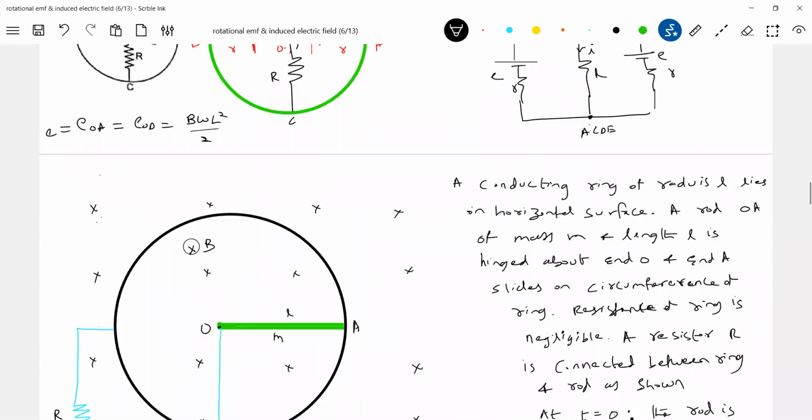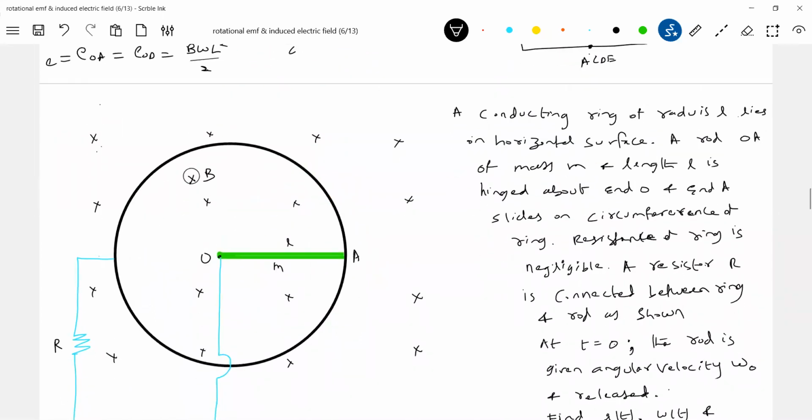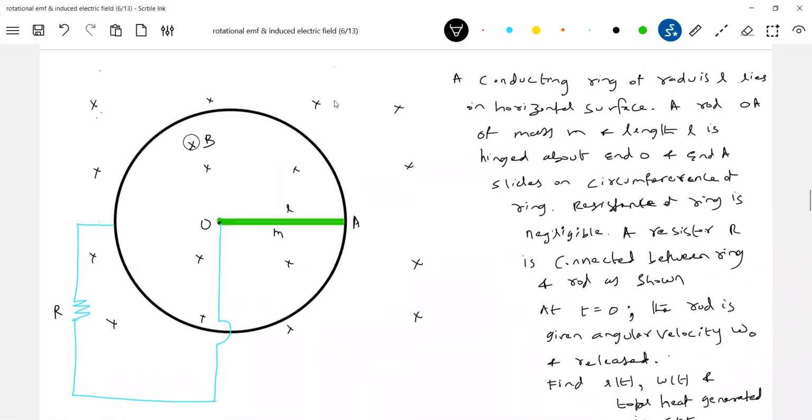Okay, now let's go for the next part of these applications. Similar to motional EMF, we started, no? Rod given velocity and release. The same conditions is what I'm going to bring here. Please do generalize, it will be very easy for you. There's a ring, an iron ring I'm saying. There's a rod,